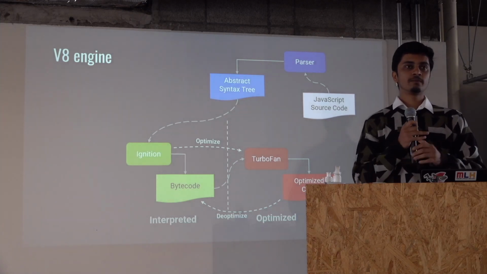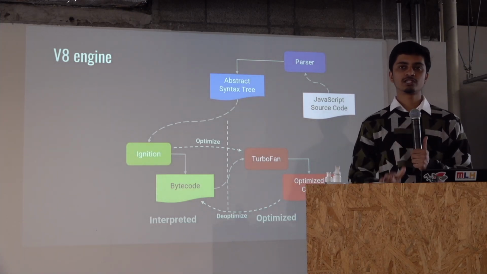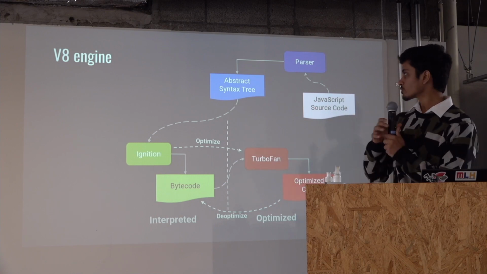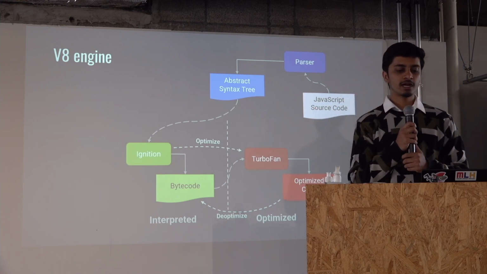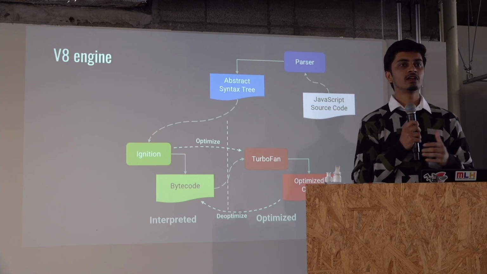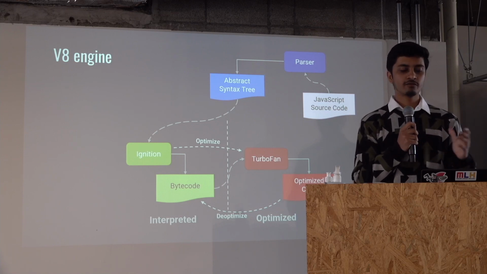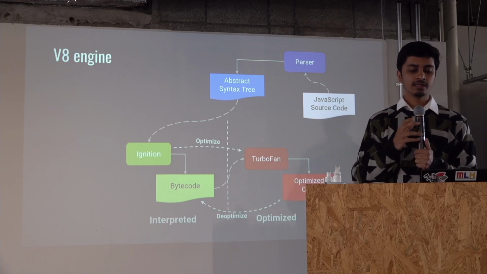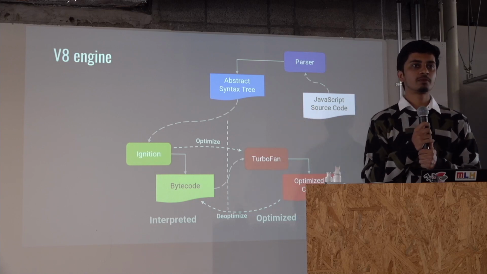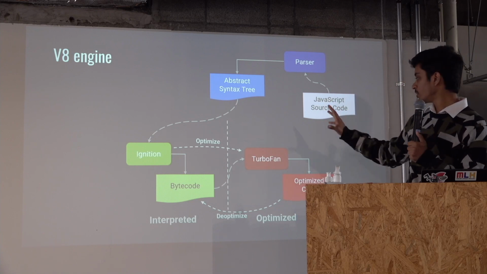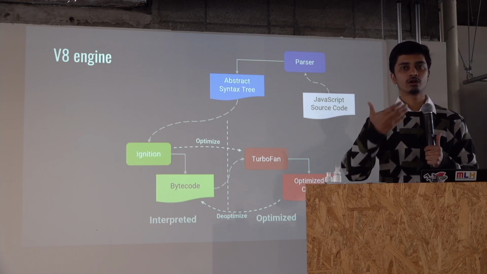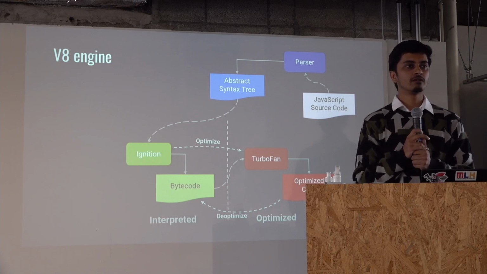So a basic diagram of the V8 engine, which is presently in function, is something of this sort. Your JavaScript source code is taken by the parser, which is eventually converted to an abstract syntax tree, and from there on there are two parts. One is the Ignition interpreter, and the second is TurboFan, which is an optimizing compiler, and at the end you get your optimized code, which is used by the engine to run the code